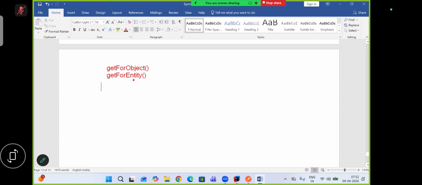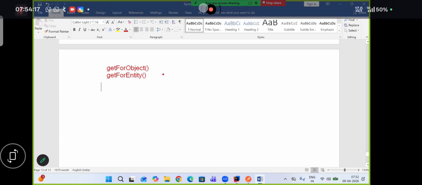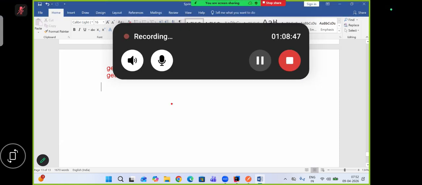So to get full access to the HTTP response, use getForEntity. If the client application only wants the response body and doesn't want headers or status code information, then getForObject. Similarly,